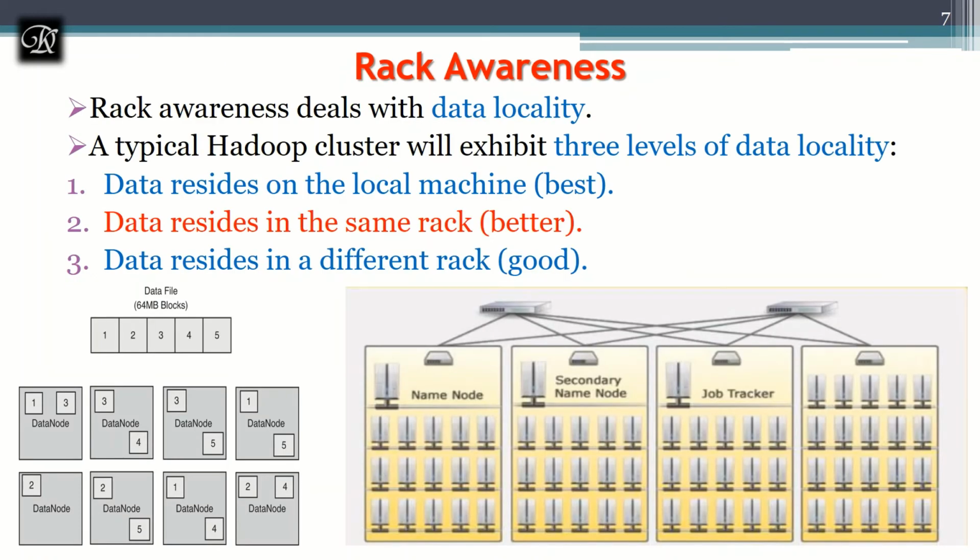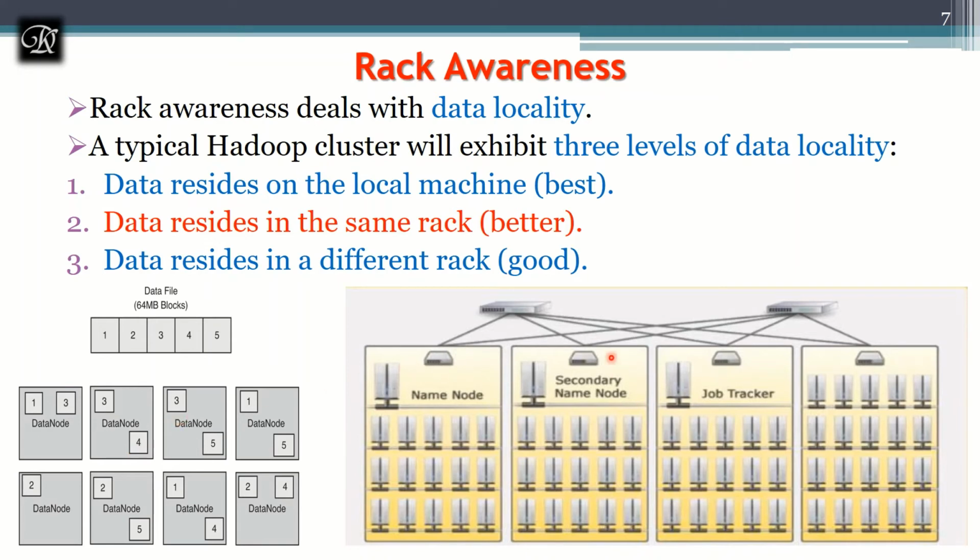You can notice here we are going to discuss rack awareness, where I was just discussing the previous diagram, in which I had 5 blocks of 64 MB stored in different data nodes, 8 of them, and I was discussing that at least 2 replicas should be on the same row. This is the textbook image.